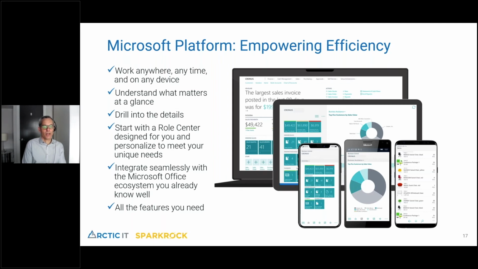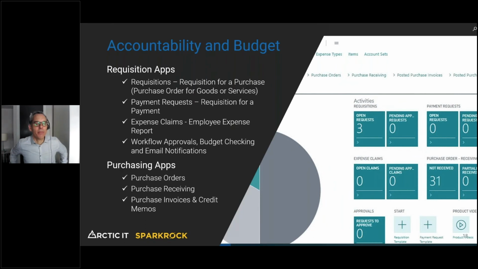And hopefully you're seeing that the solution is very feature rich in terms of having what you need as an organization. So I want to move into our second theme, and that's this theme of accountability and budget. Something else that we see that really makes a big difference in the lives of our customers is to expand the boundaries of what your ERP system is, or who touches your ERP system within the organization. So expand access in real time, so that your users who are accountable for a narrow slice of the budget have a way of accessing that information and being able to see what they need to see at a glance.